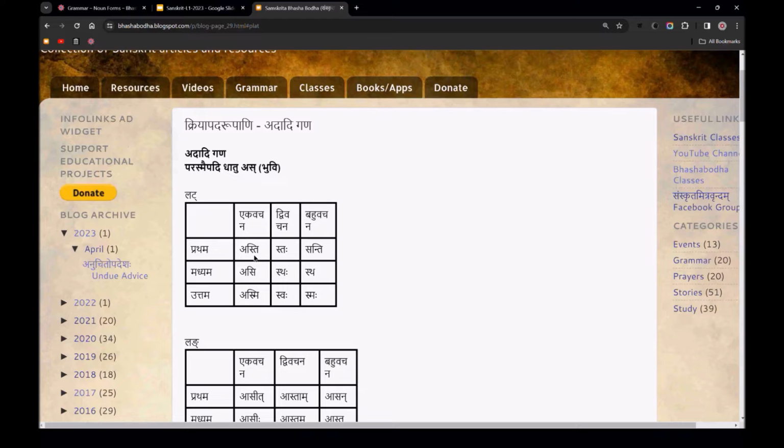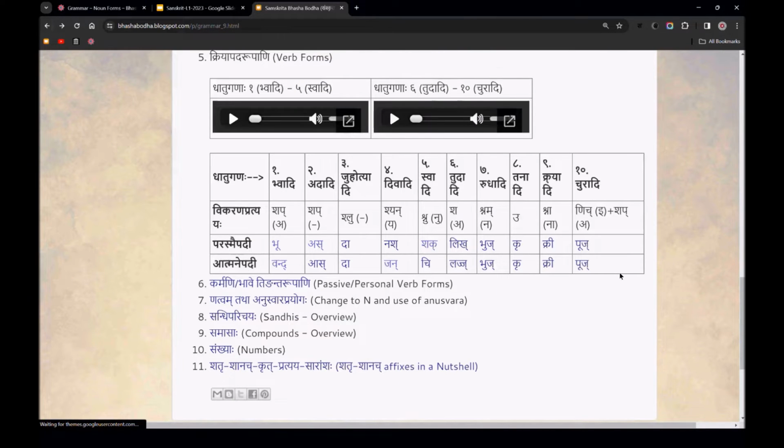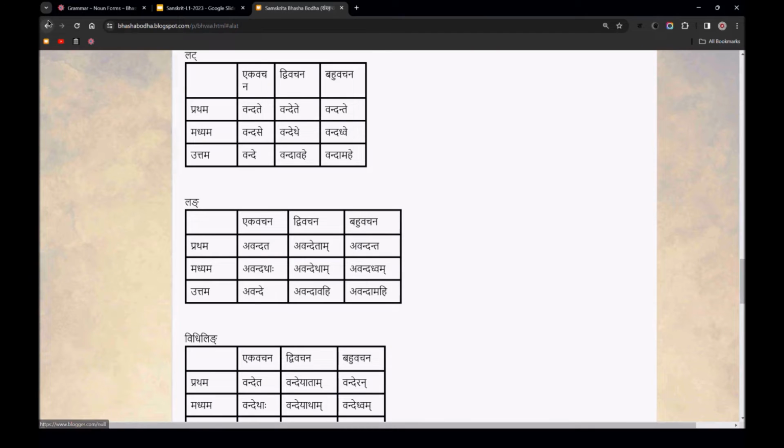But anyway, the question was whether it ends in ti. Yes, in the present tense you will see the prathama purusha ekavachana singular is ending in ti also, asti. And the second line: dhatus which are of the Atmanepadi type, we call it this different category, these end in te. Vandate. Vandate means I